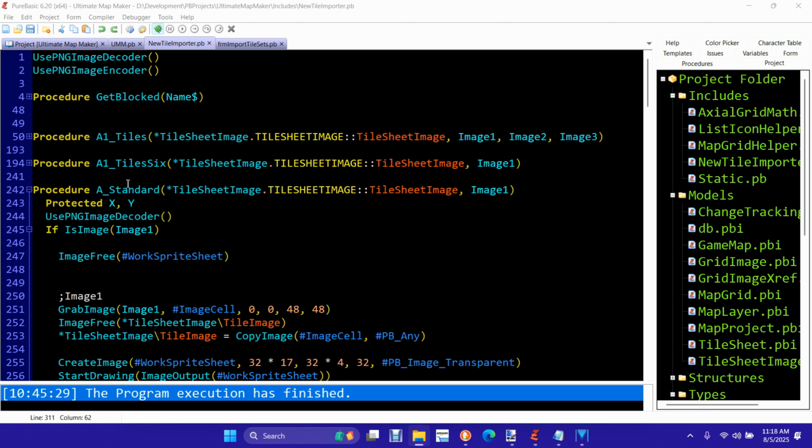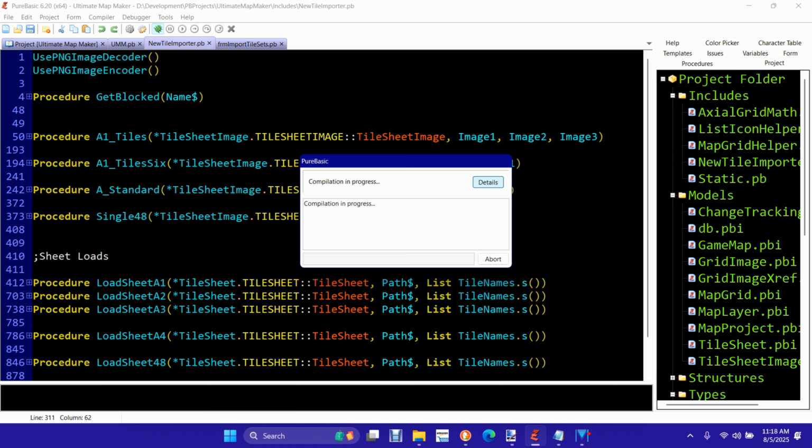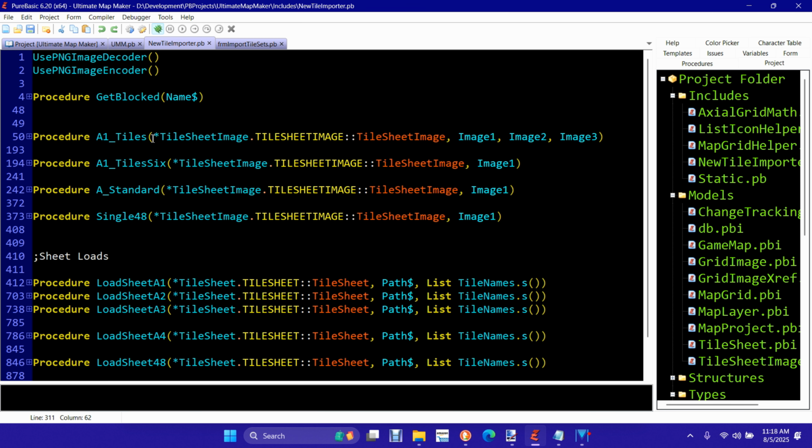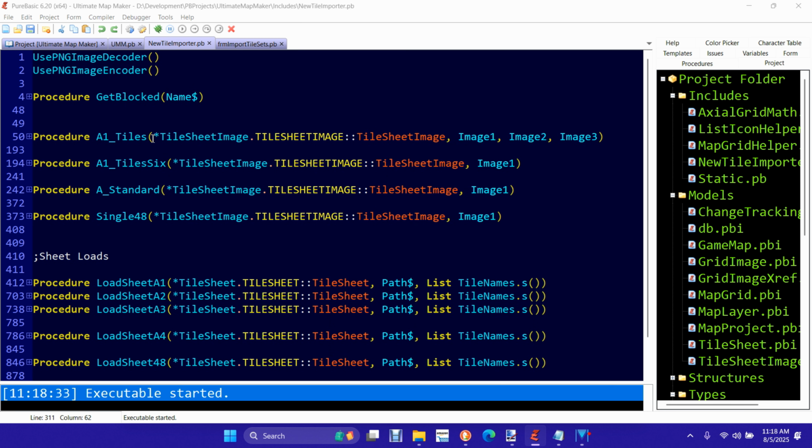We just finished going over what the standard tile is and pretty much the layout of how the tile importer works. And now let's see some of the other changes and then see the whole thing in action. So, the first thing you'll notice is